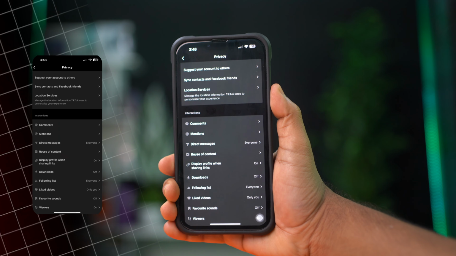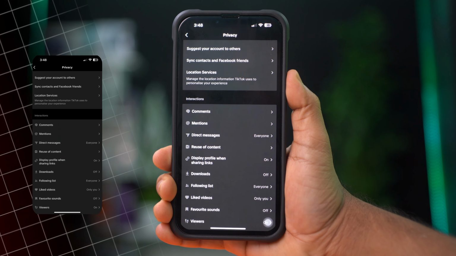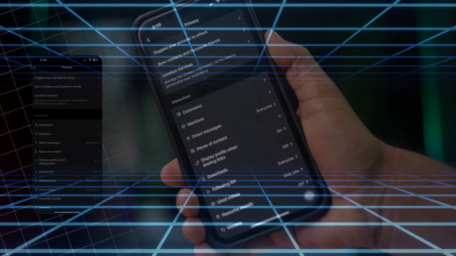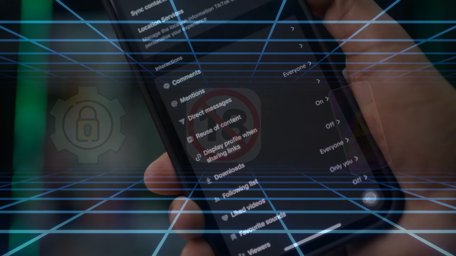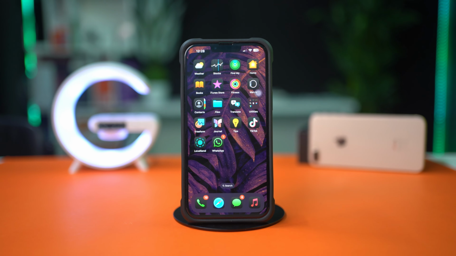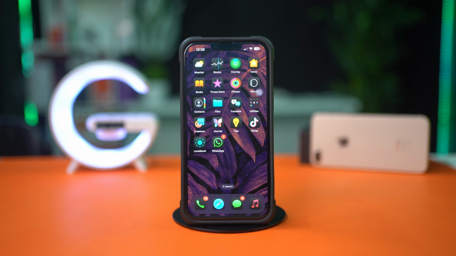If you can't find the direct message option on TikTok using your iPhone, this can happen due to privacy settings, age restrictions, or app glitches. But don't worry, in this video, I'll show you how to fix the missing direct message option